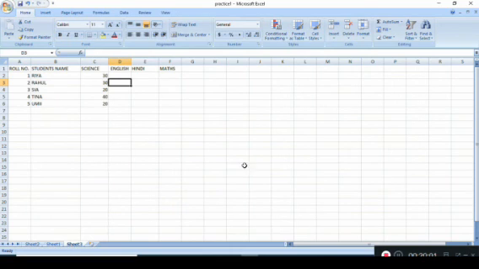And this is the column, this is a row, and this is the column. Okay, and these particular dark boxes are called cells, and this is called cell address. And easily when you put the cursor in the cell, you can edit it or you can write down any data in a cell. Okay.